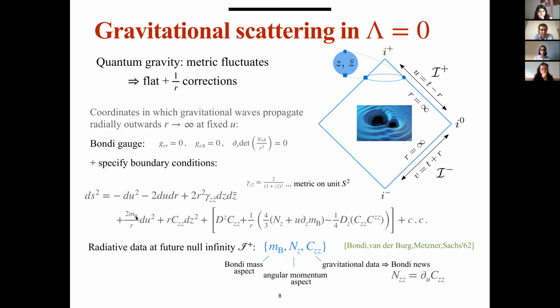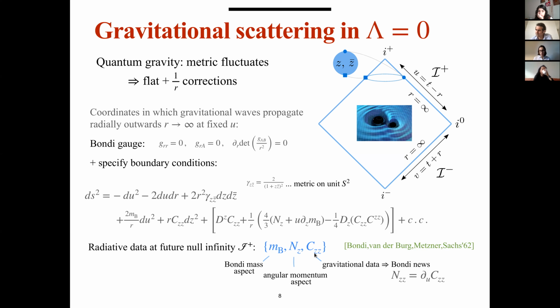As you can see, there are certain functions that appear in this expansion, and these functions define the radiative data at the boundary. Here I've written this for the retarded coordinates, so this will be defining the radiative data at future null infinity. This is given by these three functions shown here in blue. The first, M_B, is the Bondi mass aspect, the second, N_z, is the angular momentum aspect, and then